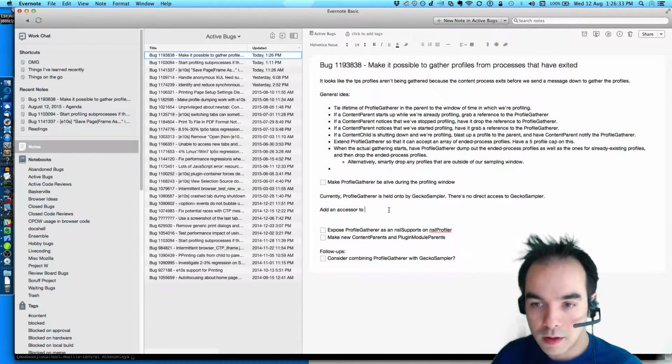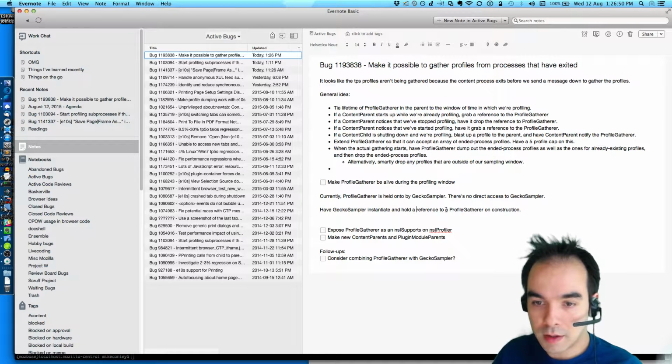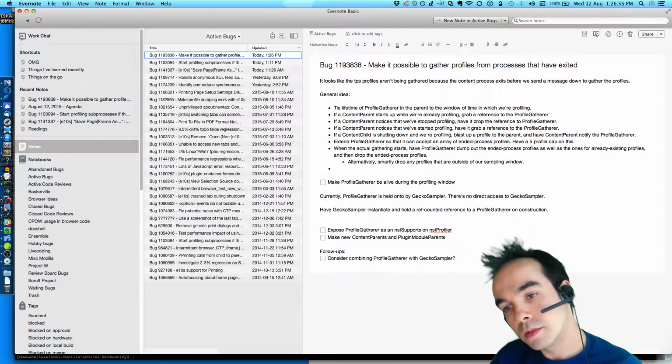So have Gecko sampler instantiate and hold a reference to a profile gatherer on construction. Hold a ref counted reference. Right.